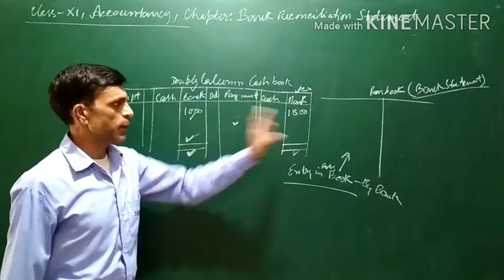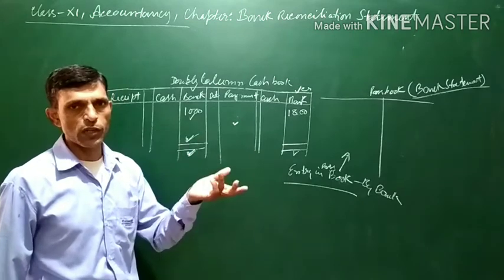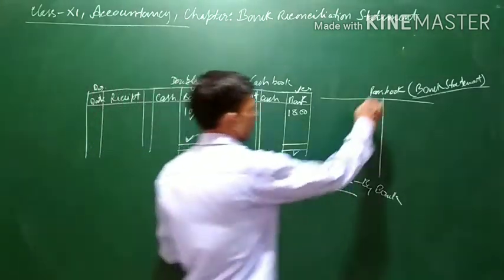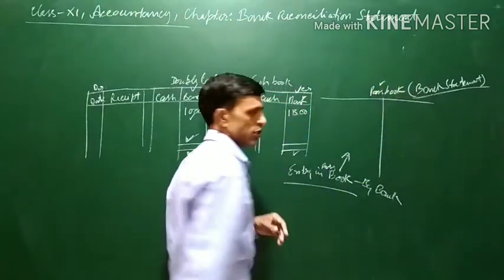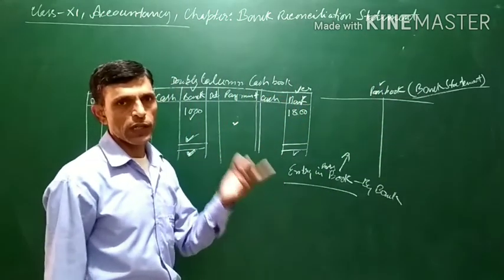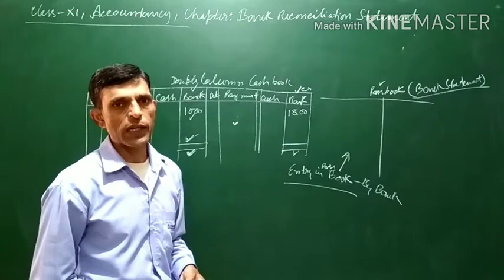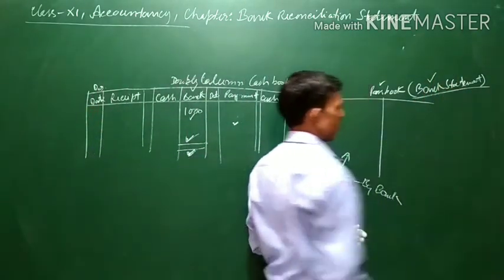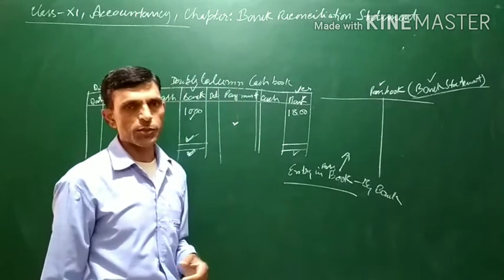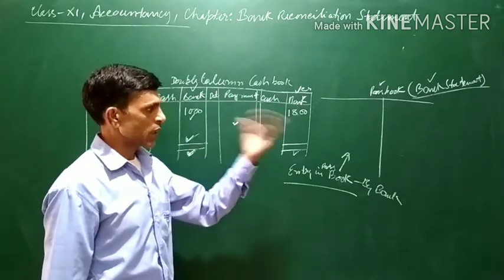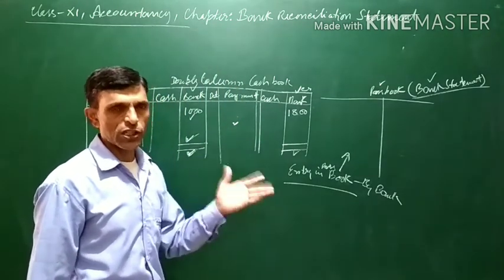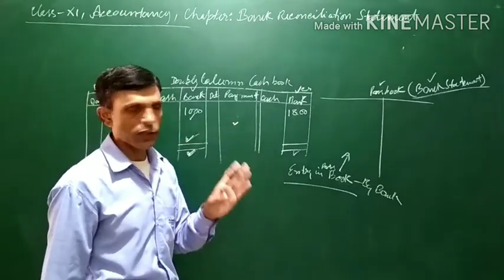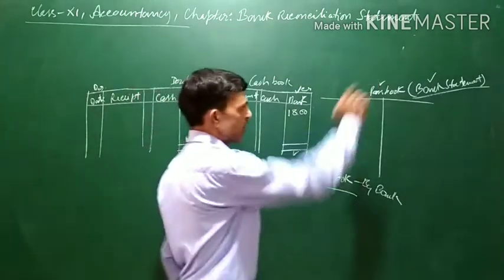All the records will be made in the passbook by the bank only, or in the case of companies, passbooks are nowadays not issued. Instead of the passbook, whenever we want the record, whatever entry the bank has made in our account, we have to go to the bank and obtain a bank statement. Whatever entry the bank makes in its record is known as bank statement.